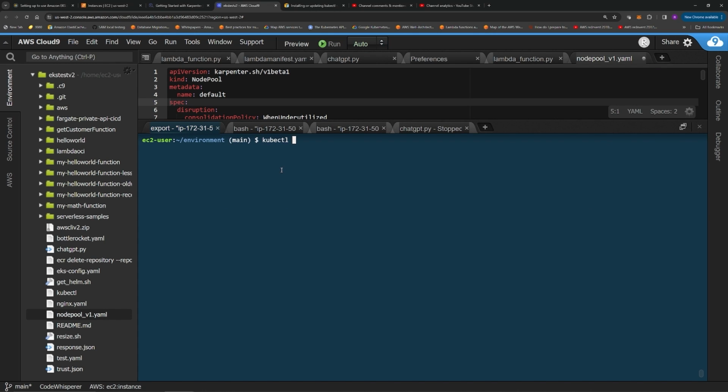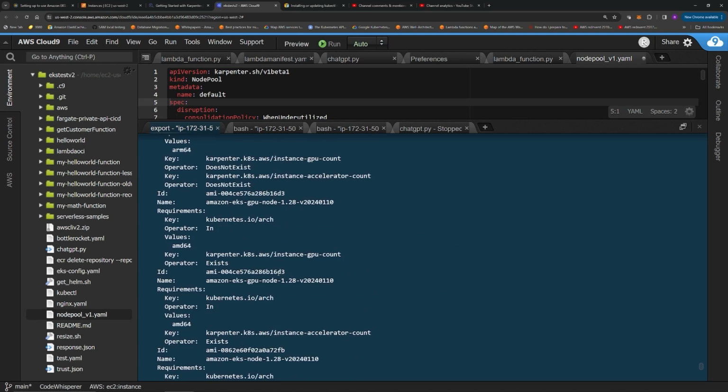But first, if we do kubectl get EC2 node class, it should come up as default. Similar way we did the NodePool. Our commands also created EC2 node class with the name default. So now if you run kubectl describe EC2 node class default,